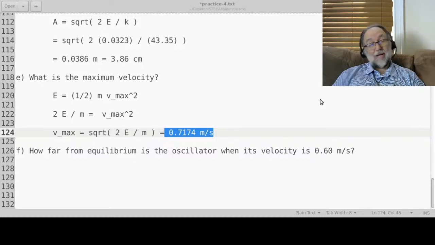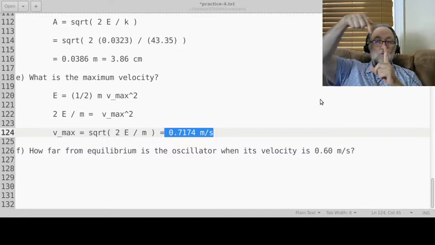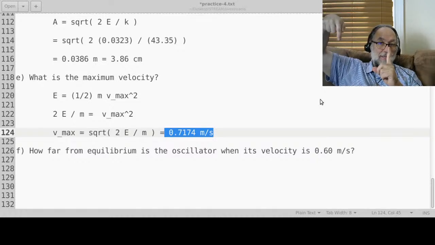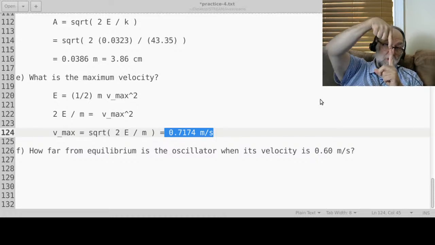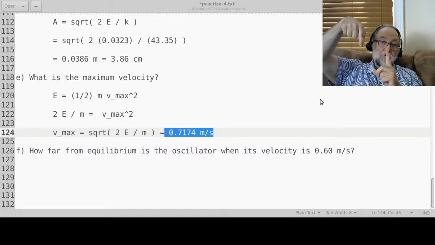0.7174, okay? And you ask yourself, well, does that make sense? Well, when you're out here at the end point, your velocity is 0. You're coming in, coming in, coming in. You pass the 2.5 centimeter mark. You're traveling at 0.5 meter per second, but you still have more to go. And so as you move from that 2.5 centimeter mark in, you're going to speed up, speed up, speed up,